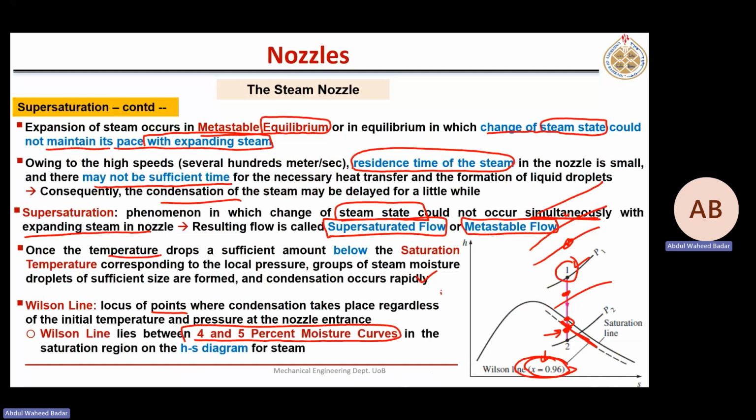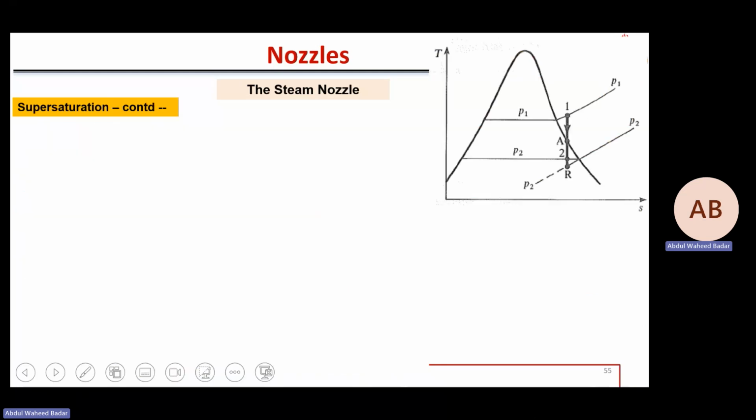So this theory we have understood and covered. Now let's discuss it in more detail. First, see the TS diagram. Condensation should have occurred at point A, but it did not. It was delayed until point R. For example, this point R is representing x equal to